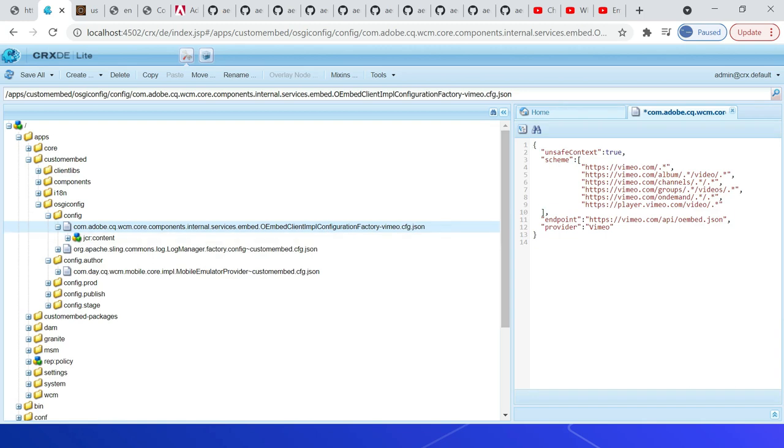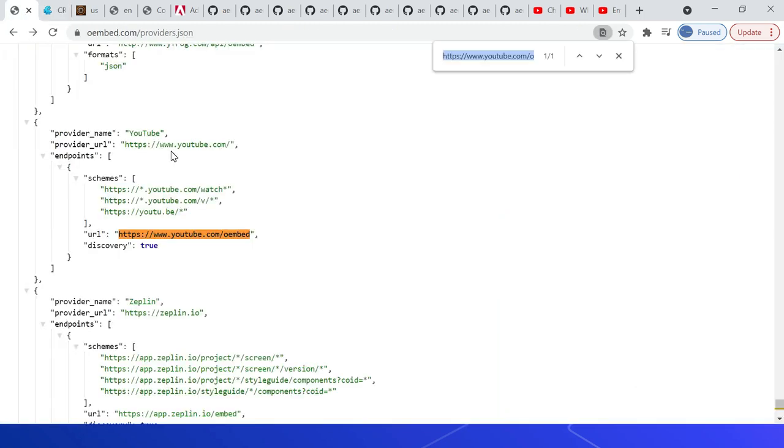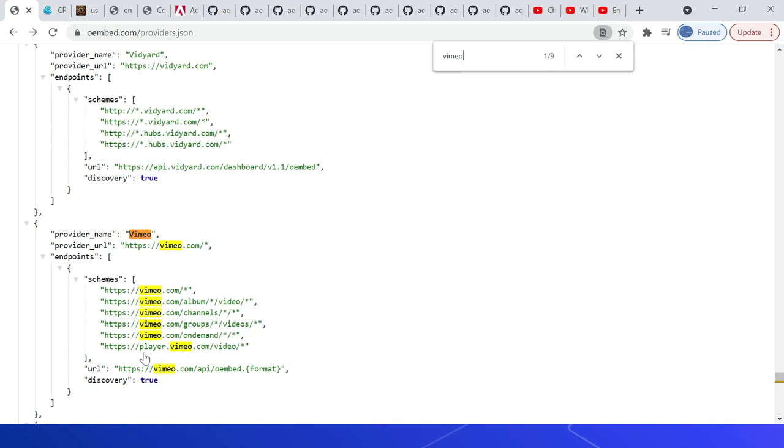If you see here, unsafe context true because it's a known URL. Scheme. So these are all the schemes defined. Then endpoint https vimeo.com API oembed.json. Then provider name I am specifying as Vimeo. All these values you can get from here. If you come here and search for Vimeo, this lists out all the URL schemes and also the endpoint